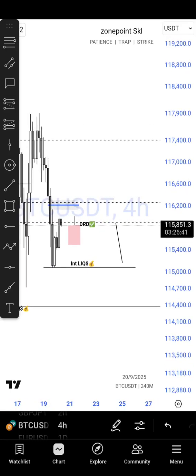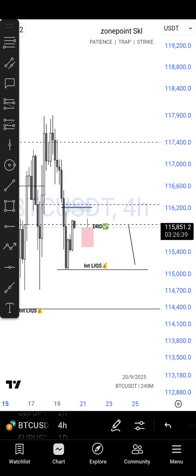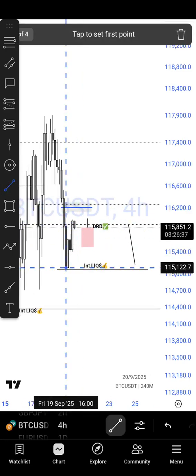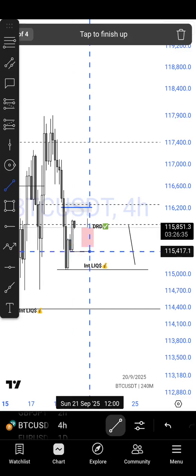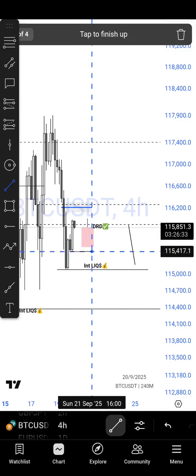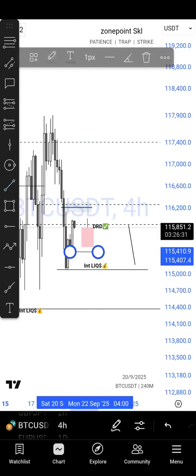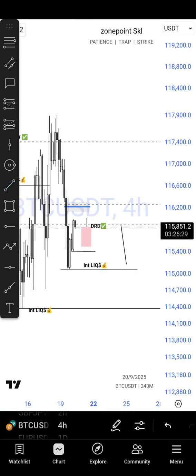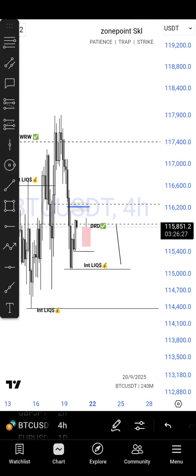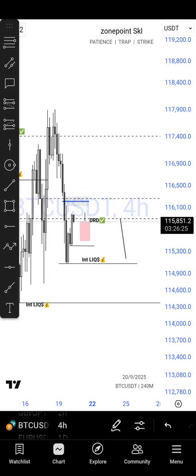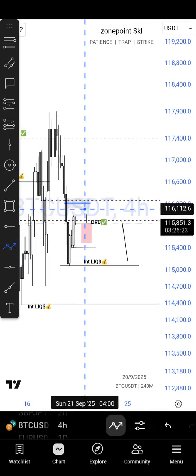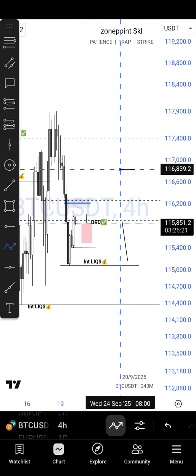Some people at a particular time on the 4 hours will be using here as a liquidity. Yeah, it's right. Here is a liquidity that price is coming to take out. That is why it must be bearish. Here is a liquidity that price is coming to take out. Some people will be expecting price to